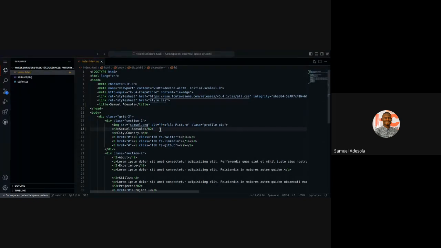Whether you are a science student, or commercial, or library and information science, whenever people ask what you have done before, you have to give them a link to your portfolio. Almost everybody in the world has a portfolio website. So it's time for you to have your own too. Even Tinubu has his own website. If you go to his Twitter account, you see he has his own, where he says he's the president of Nigeria, and then all the stories. So which city, Bauchi, and which country, Nigeria. So Samuel Adeshola, Bauchi, Nigeria, and everything is fine now.